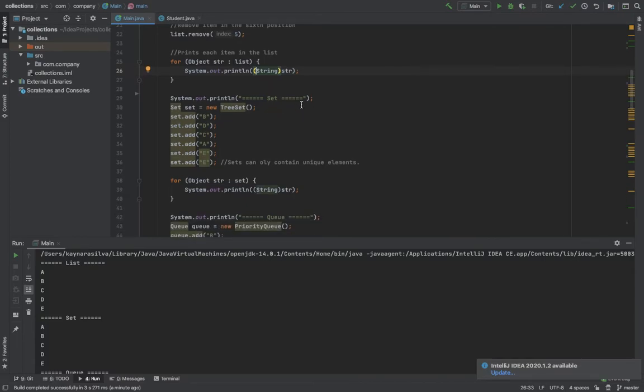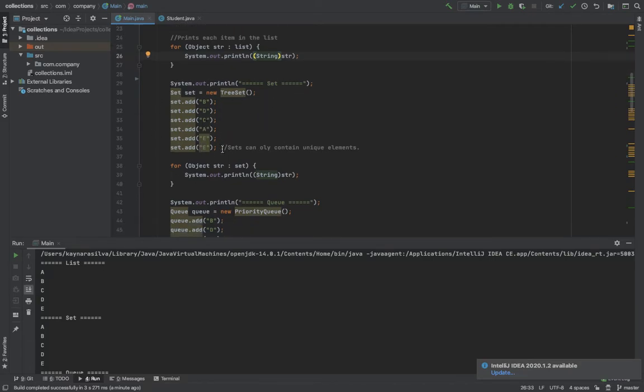Here we're using set, and the main characteristic of a set is that it doesn't allow you to add two elements which are exactly the same. So basically each position will only allow you to add a different element. And here, as you can see, I'm trying to add two letters E to the set,